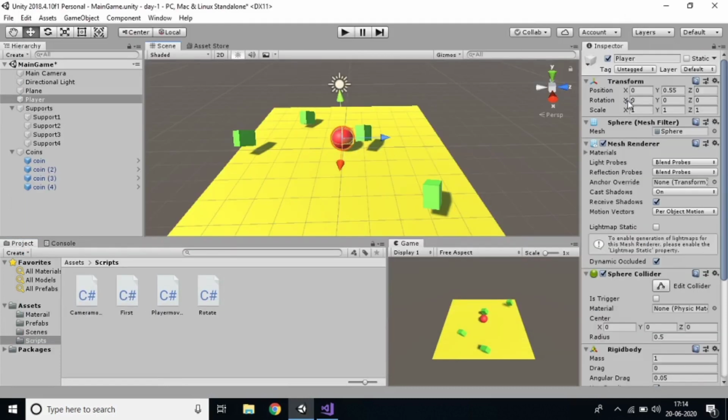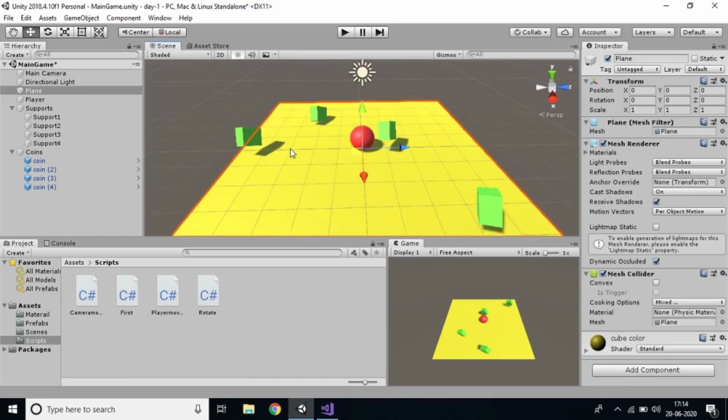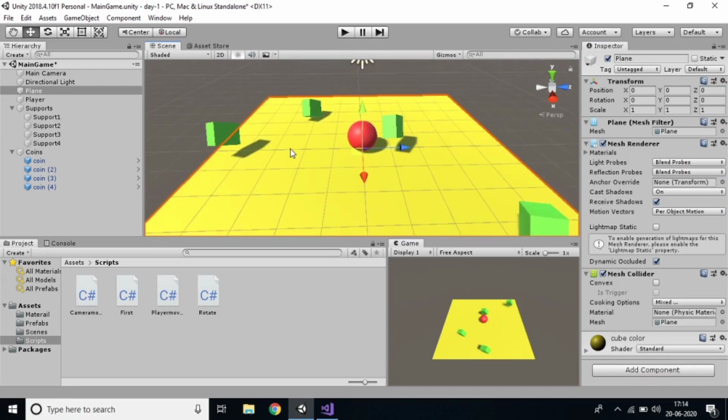You can see here, if I move the player, it moves horizontally. For the y axis, it should be 0, because I don't want to move up, that means I don't want to move in the top direction. That's why I want to keep y as 0. Coming to z, it moves up and down. You can observe that when I move up, you can see it moves up and down.